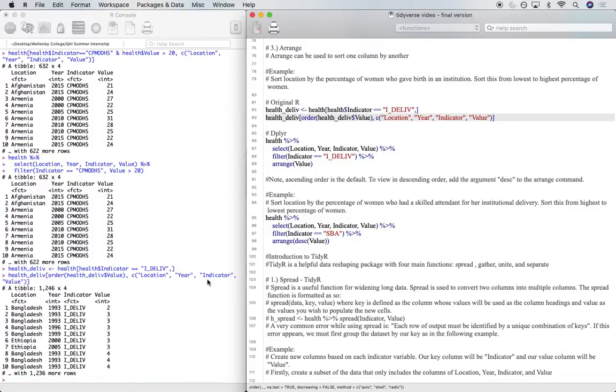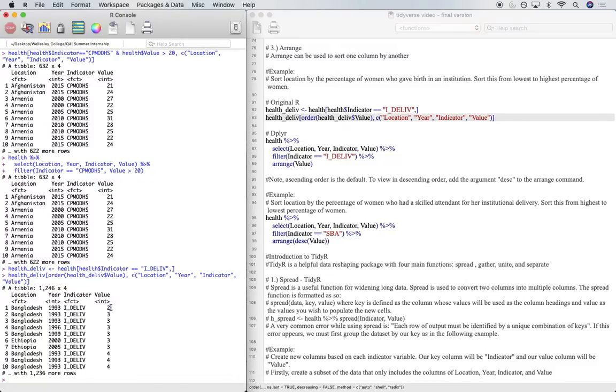So now we have a tibble of size 1,246 rows by 4 columns, and you can see that it includes location, year, indicator, and value. And at the top, we see that a small percentage of women responded yes to having an institutional delivery in